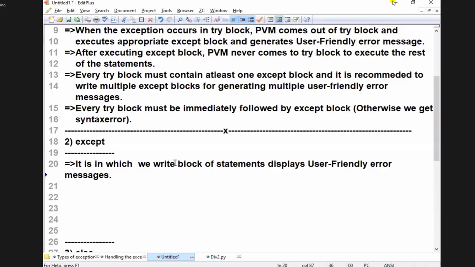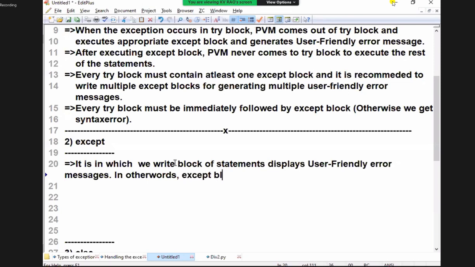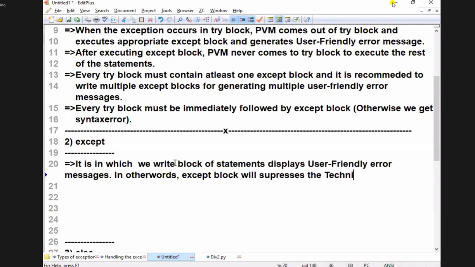I can say it in a different way. In other words, except block suppresses the technical error messages and displays what messages?